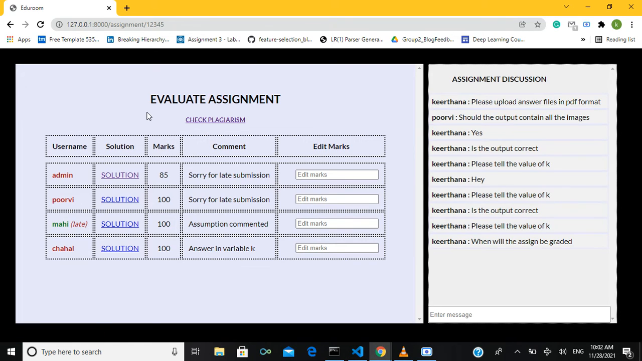So it takes a little time to check for plagiarism because we have to compare every solution file with the other. But it is okay because the assignments need not be graded immediately. So we can have this plagiarism feature, and this is the page where students and teacher can discuss